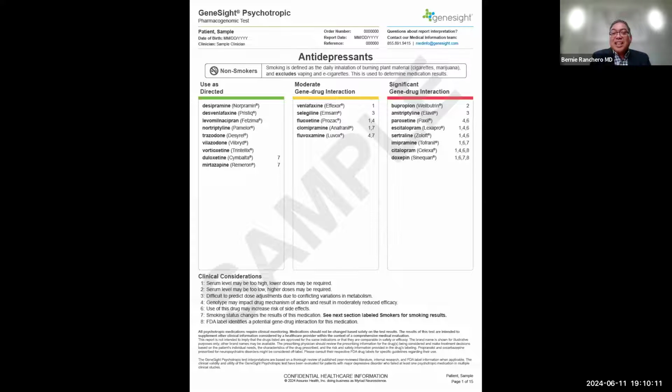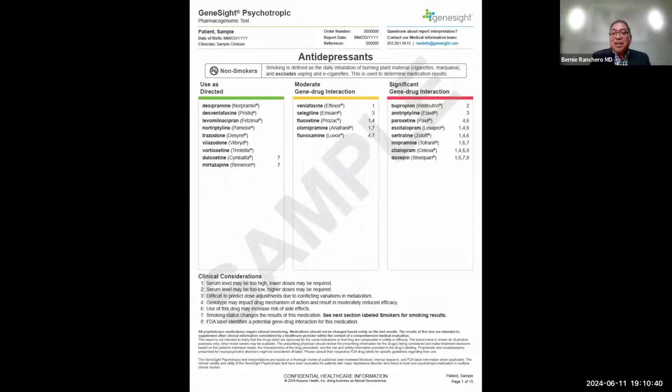And that doesn't mean that I might look at bupropion and then look at clinical considerations. Serum level might be, it's 2 is the note on there. Serum levels might be too low, higher doses might be required. So it doesn't mean that I can't use the red, but it means there are some clinical considerations there, whereas if I look at the green, I can say I can use these medicines confidently,